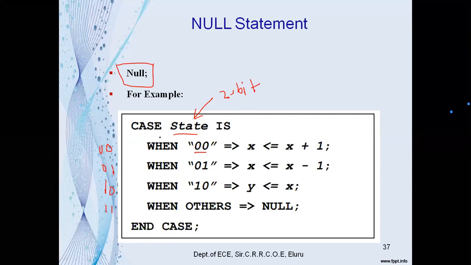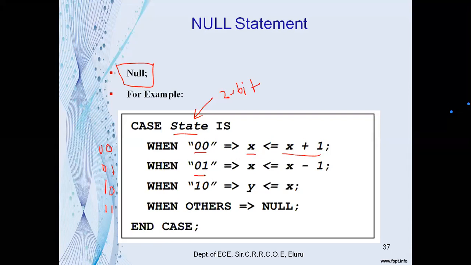Now, using this case statement, when the input is 0, 0, you are assigning the value to the output x as x plus 1. This means the previous value of x is incremented by 1, and the resultant value is assigned to x itself.